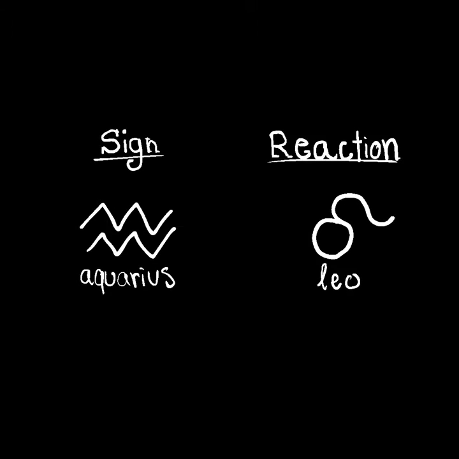So the reaction that you get, which will be shown by the opposite sign, is you get Leo. So your descendant is in Leo, or if you have planets in Aquarius, how others react or the outcome is Leo. People tend to feel more comfortable being expressive and expressing their feelings, and also showing their ego, so how they think of themselves and who they really want to be and the role that they want to play. It's because you have a humble aura to a certain extent, and so people get comfortable showing their ego around you, and this can be quite entertaining to you, and it also can be fun because people feel more expressive around you,